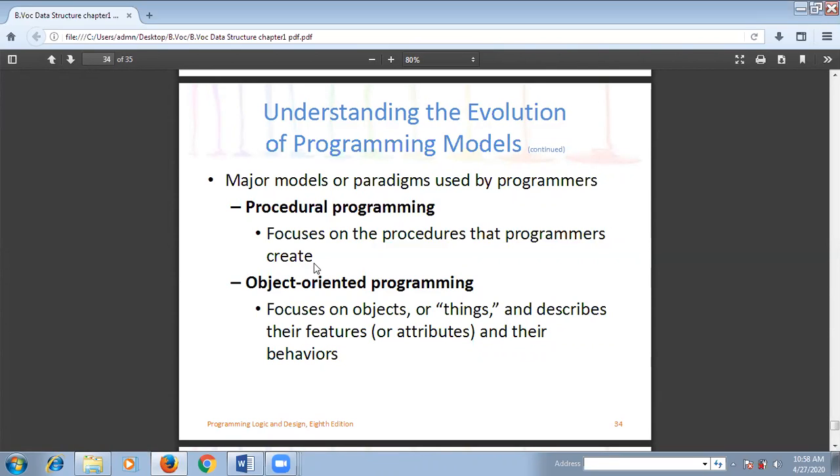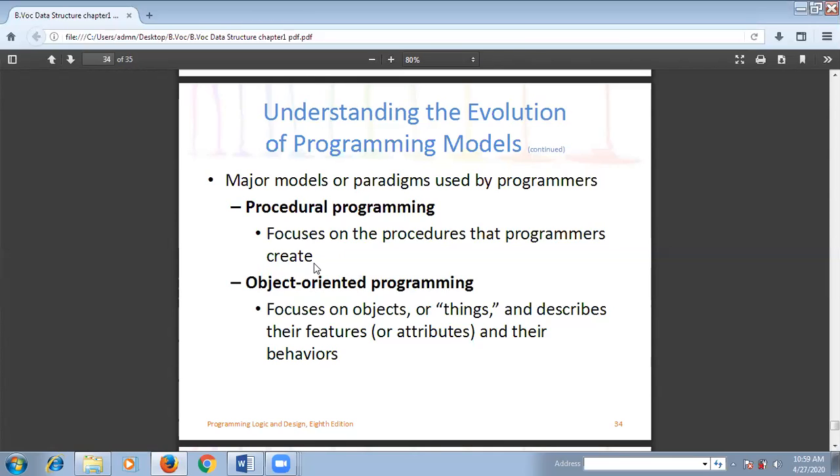Okay, but in the object oriented programming model, everything is around the object. An object is nothing but a thing which describes some number of features and behaviors. You see, the basic programming model was the procedural programming model, and the advanced programming model is the object oriented programming model. This object oriented programming model provides many more features as compared to the procedural programming model. That's why in today's era, in the current industry, normally the industry is following object